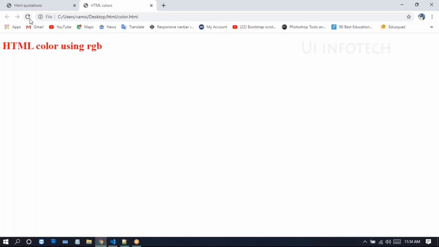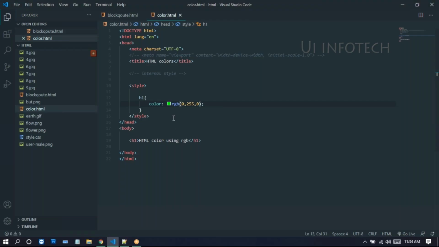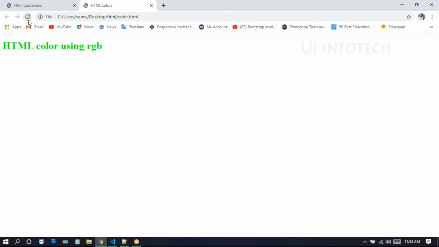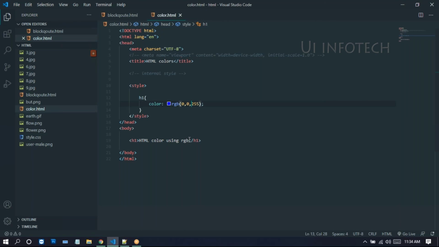If you want a green color, we just remove this and take 0, 255, 0. Now run this, and there you get the green color. Now we remove this: red absent, green also absent, blue present. Run this, and you get the blue color. So like this we can apply these colors here.